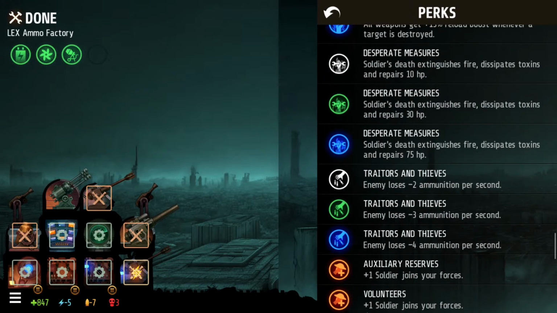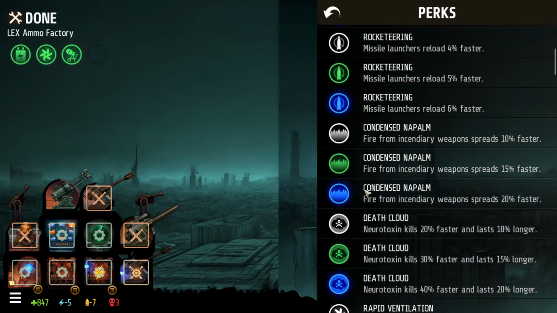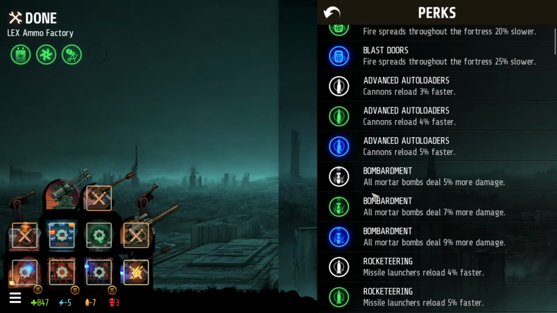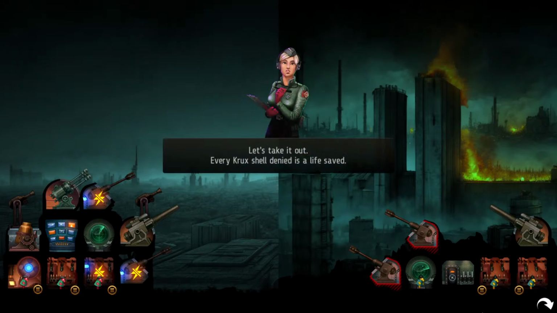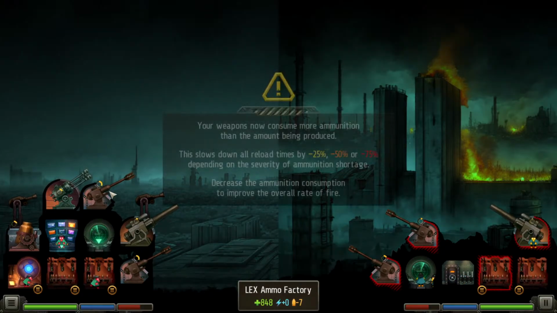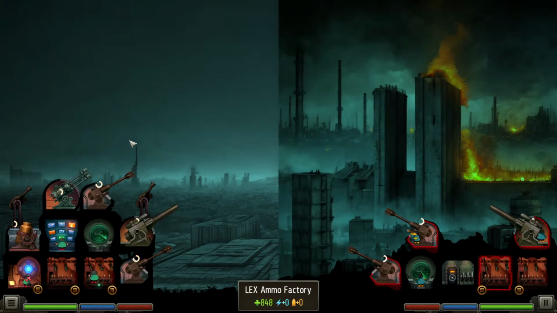And maybe autoloaders, because again this is a factory and we have access to ammunition, supposedly. And even if I put all my people in the... So yeah, we lack